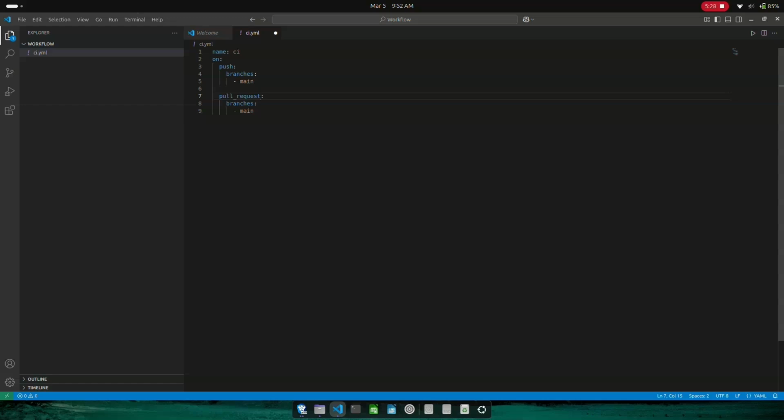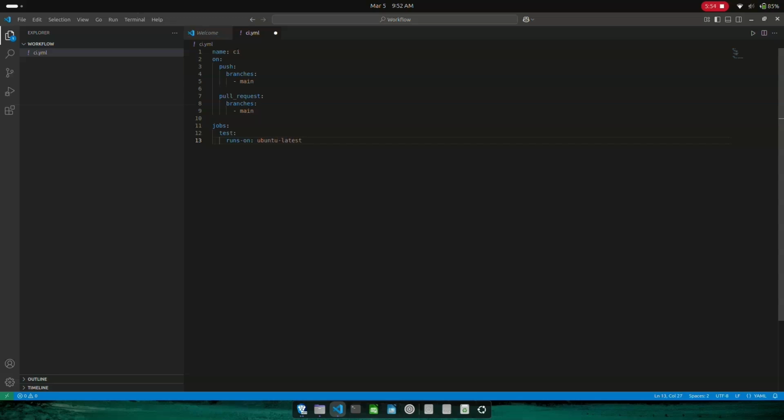Okay, next we'll have jobs, which is specifying the jobs that we have to perform. In this case, we'll be performing a test which runs on Ubuntu latest.